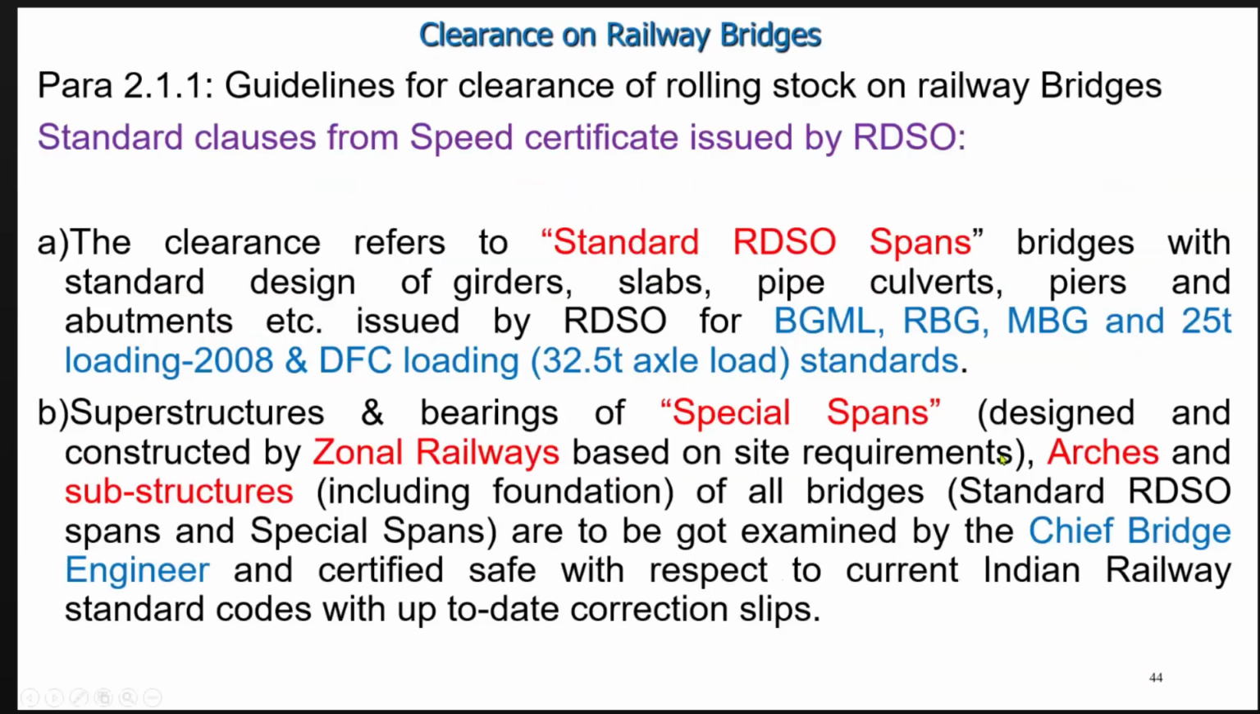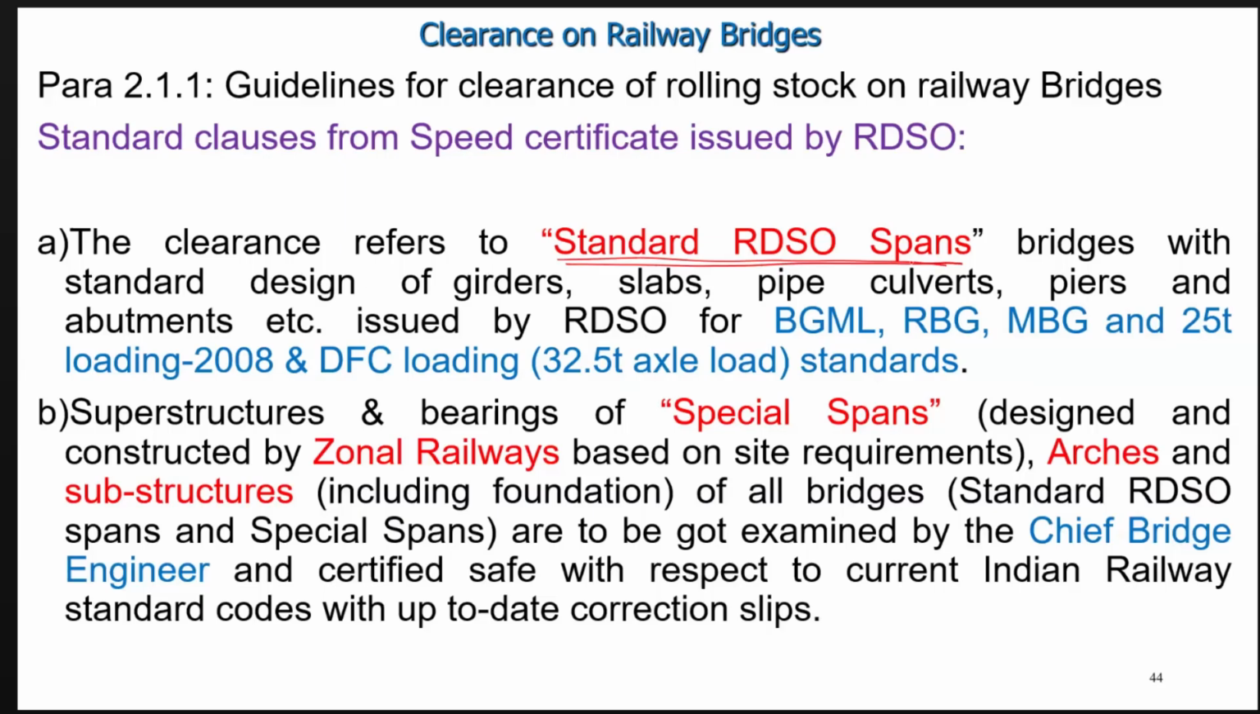So, as per the guidelines issued by the RDSO, the important standard clause is that the speed certificate issued by the RDSO, the clearance, refers to the standard RDSO spans only. Whatever speed certificate is issued by the RDSO is for standard RDSO spans only, which are bridges with the